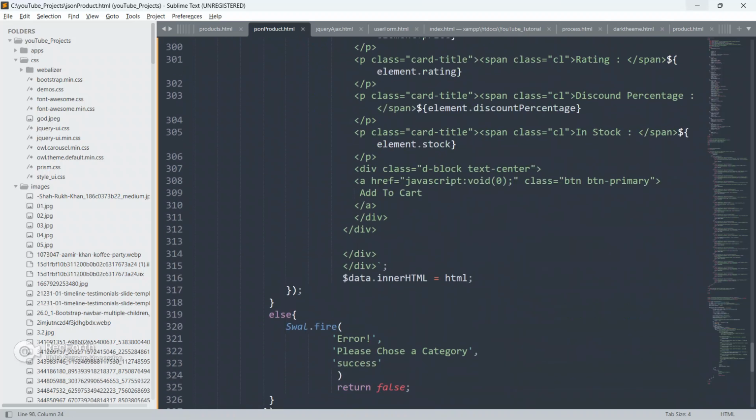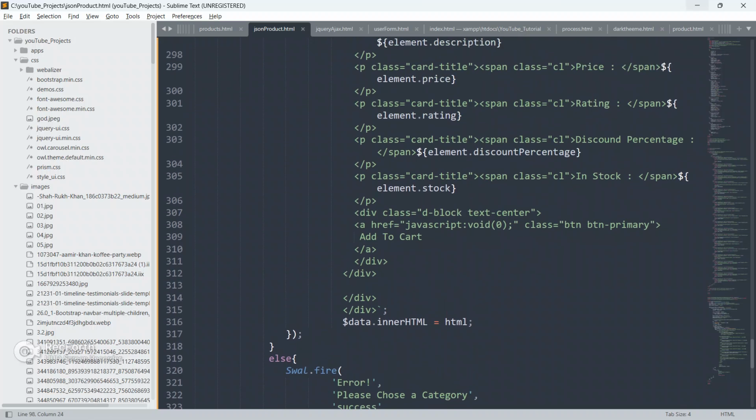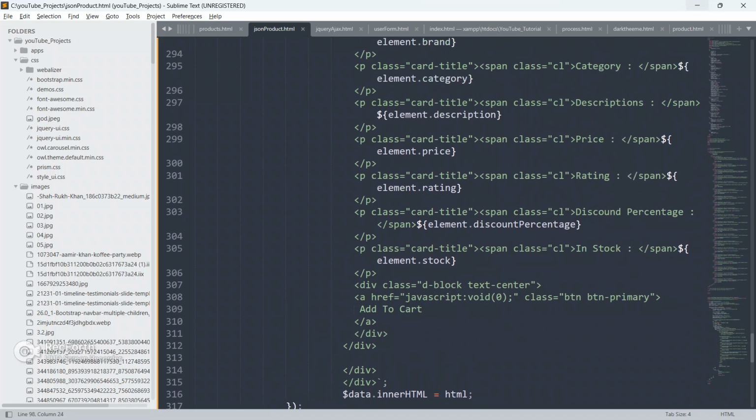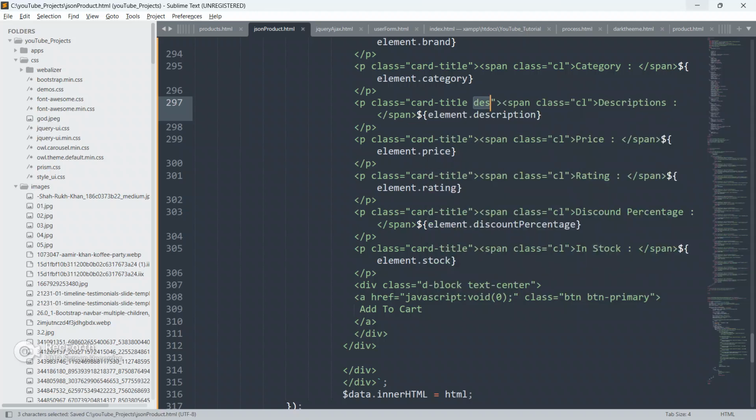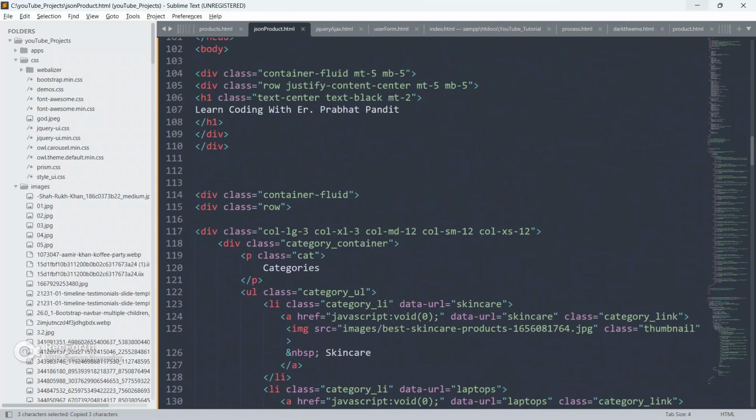Now grab this description class. Where is the descriptions? Just give DSC.